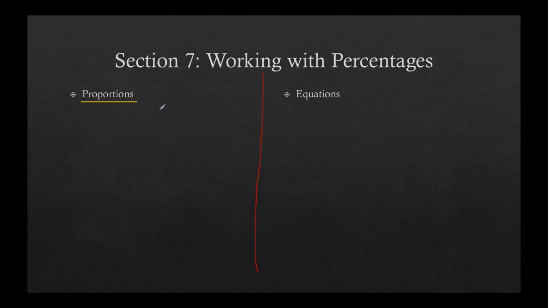So with proportions, this is kind of your overarching introduction to how to work with percentages in writing proportions. So remember last week we solved a lot of problems with proportions, and by now you're probably a professional. So with proportions and percents, half of your proportion is always going to be the percent. And if you had to think about writing a percent as a fraction, what do you think we would put that percent over? Anybody want to take a guess? 100, exactly. Because percent is out of 100.